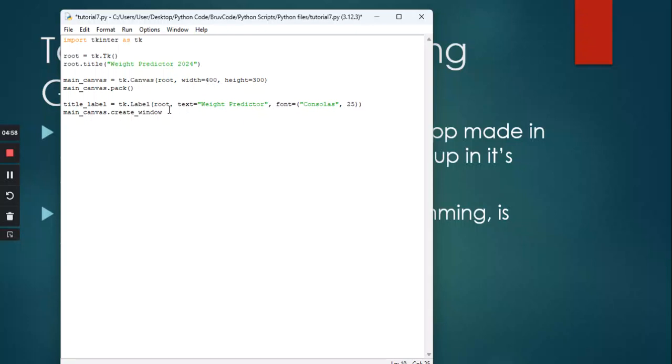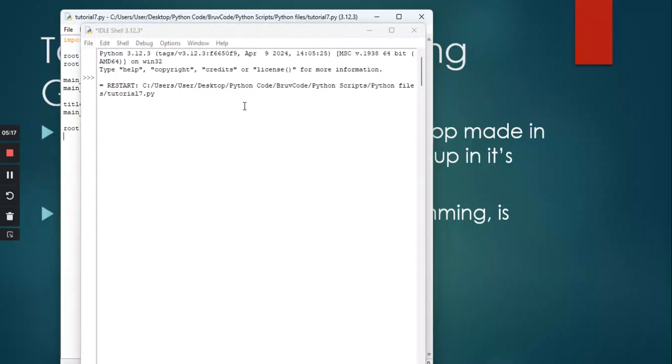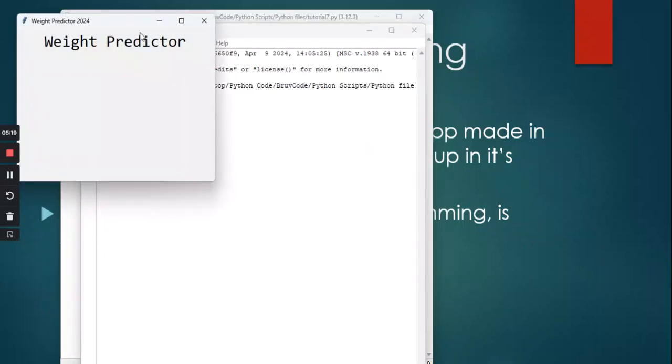And now we're going to say 225, window equals the title label. So if we type root.mainloop and we run our program, we get our title that says